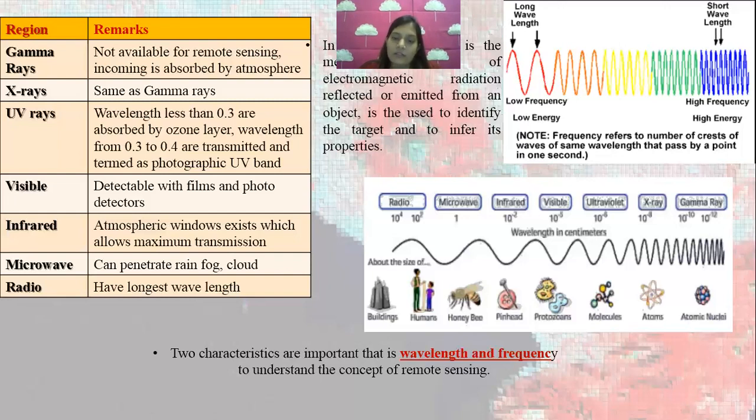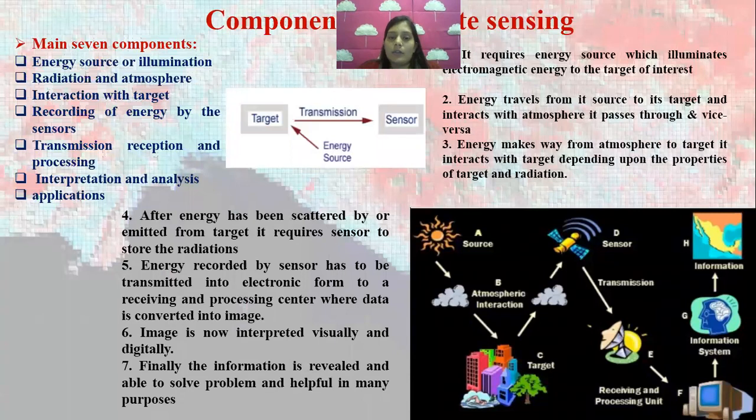Moving further, we will see another very important topic, known as components of remote sensing. Students, in the question the topic is component of remote sensing, but it might ask for the principle of remote sensing. Both are the same thing. Till now we have discussed EMR, the launching process, what sensors are made up of, and how data is collected. Here I will show which are the components of the remote sensing process.